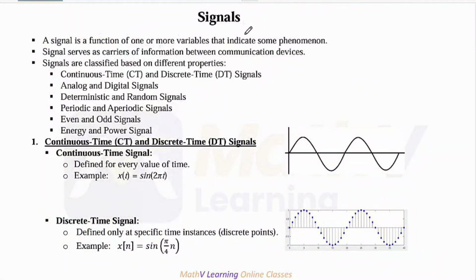Signals എന്ന് പറഞ്ഞു കഴിഞ്ഞാൽ any phenomenon whose value with respect to time varies, and any phenomenon with which an information can be carried from one point to another. That's a signal. So here in signal systems, we can say or define the signal as a function of one or more variables,